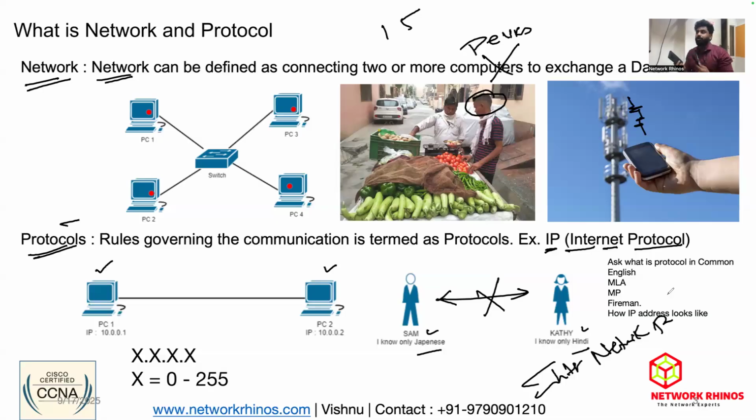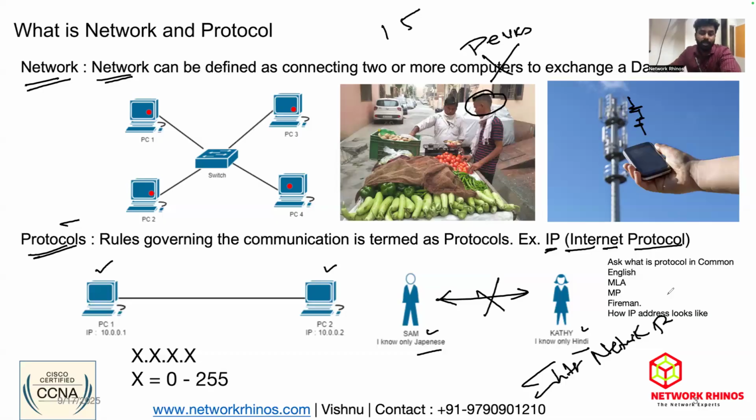No, I can exchange using Bluetooth. I have NFC, I have RF. So what does it need? Only the MAC address. So we can come to the conclusion that IP address is used between networks and MAC address is used within the network. So if you want intra-network communication like Bluetooth, MAC address is enough. No need for an IP address. But if you want to communicate between two networks, I have an office in India, another office in China, I want to communicate, we need to have an IP address.